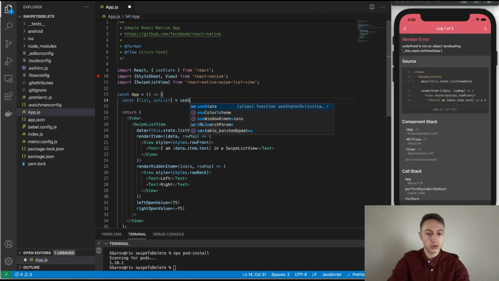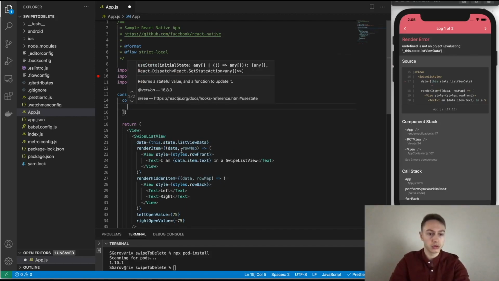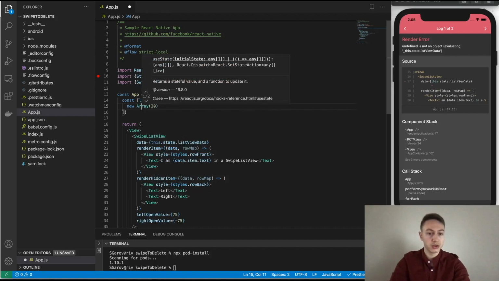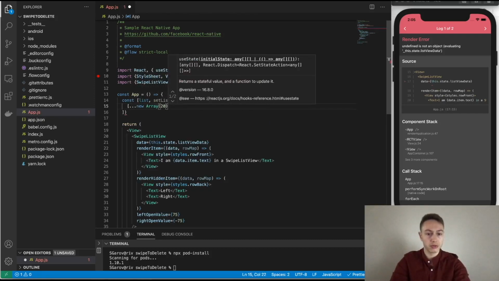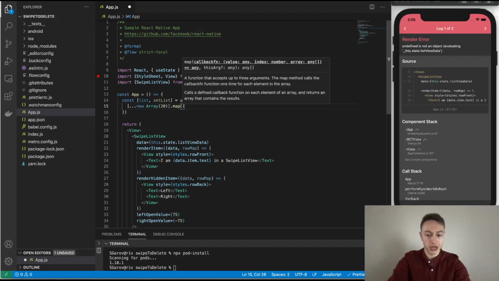And we're going to pass an array to that list. I'm going to create that array with the array constructor and generate 20 items for that list. We're going to use the spread syntax to copy all of these items, and then we're going to map over each item